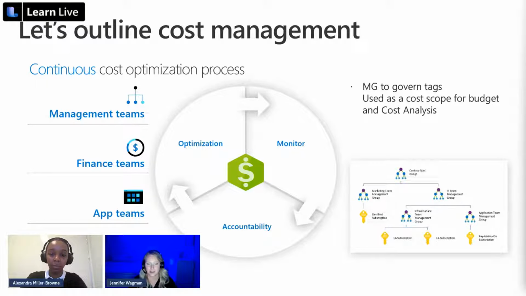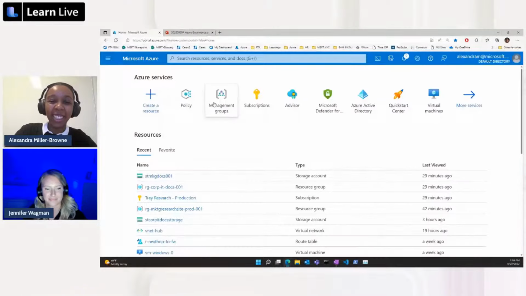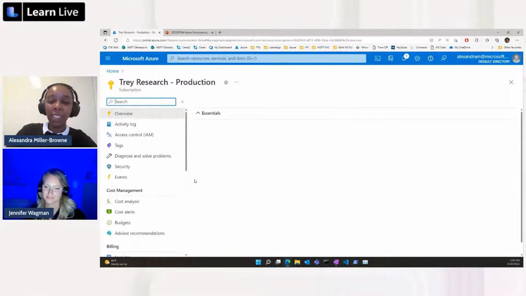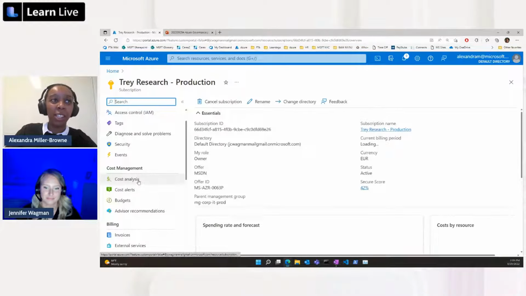So really awesome suggestions in there around ways to optimize, but we're going to jump to Alexandra for another demo on some of our cost management tooling. Awesome. Thanks, Jennifer. So we're going to go back into the portal here and go under where we see cost